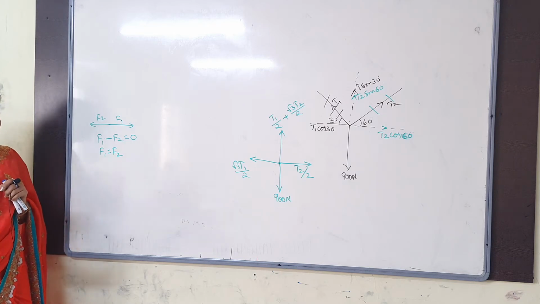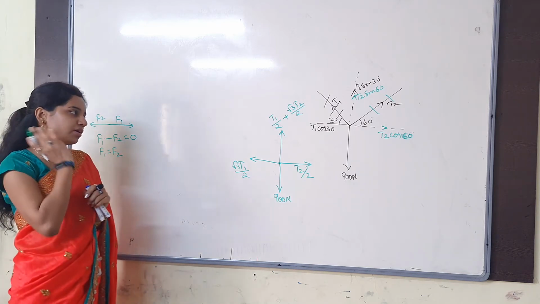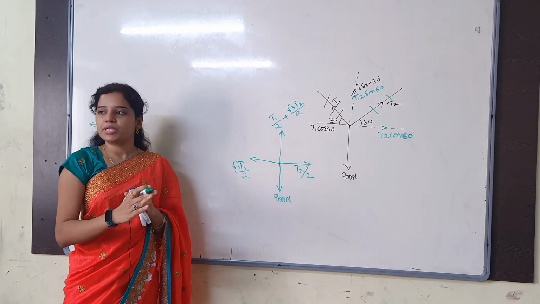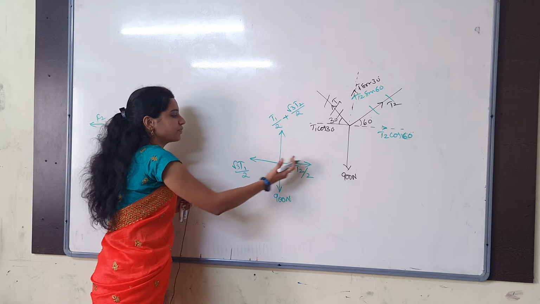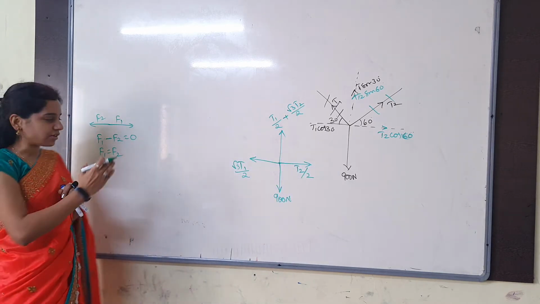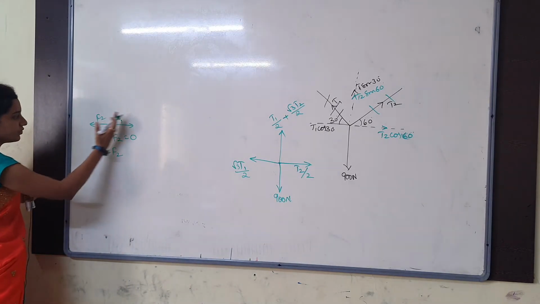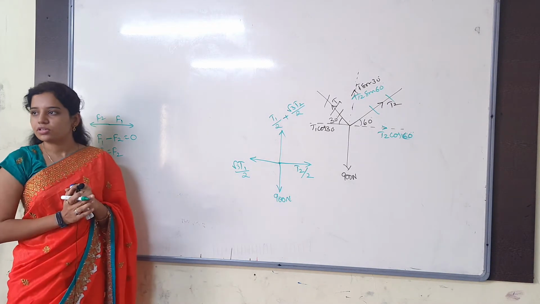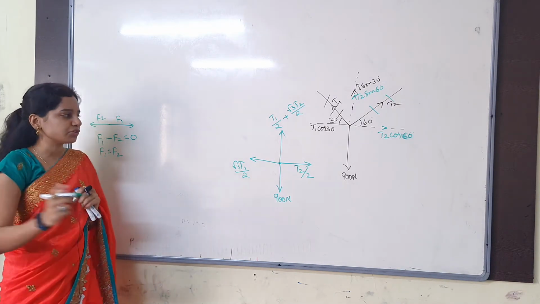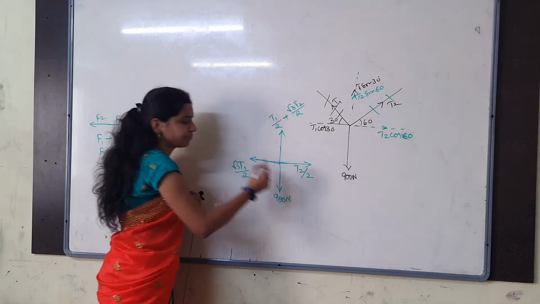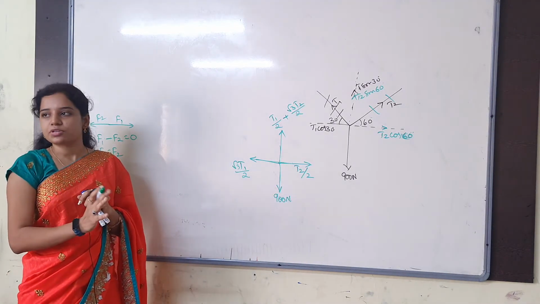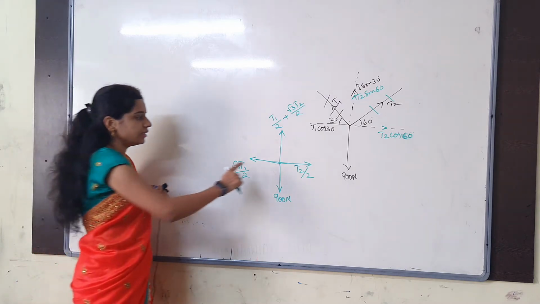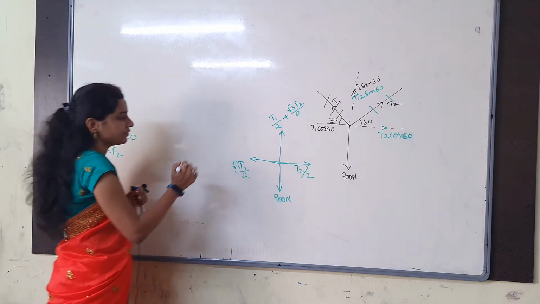So the main thing you always have to remember, not only here, it will come in laws of motion and also in all the chapters: equilibrium is nothing but all the right side forces equal to left side forces. Right side force equals left side force. All the upward forces equal to downward forces. But you should get this plus shape always. The plus symbol has to come, and after that only you can apply that. Without that you cannot do that.